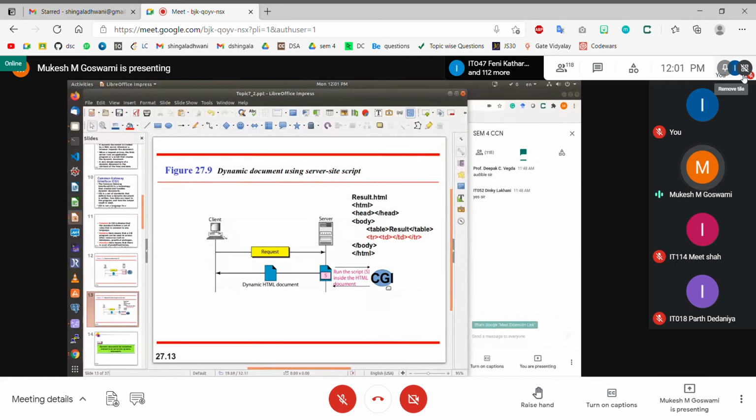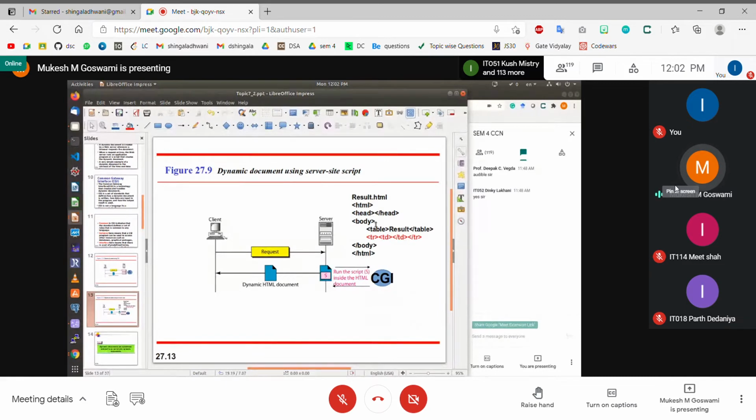The page is coming from the database through a CGI script, and therefore it looks different for different users. So this page is generated on the fly, right? Some part of the page is already there, it is fixed, but the rest of the page is dynamically generated from the CGI script. So when two users are accessing the same page, result.html, they will get two different contents, right?